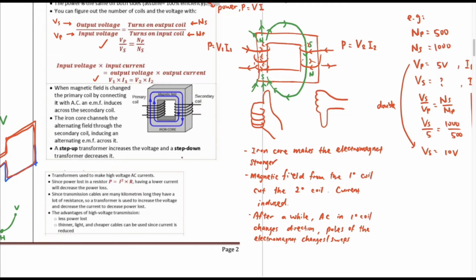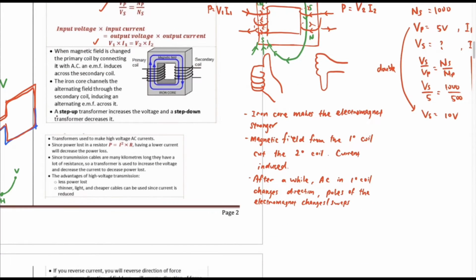A step-down transformer is the other way around. You put more coils here, and fewer coils here. When the coils decrease, the voltage decreases. That is step down. So step down here is decreasing the voltage. Okay, now let's see more information about transformers. Transformers are used to make high voltage